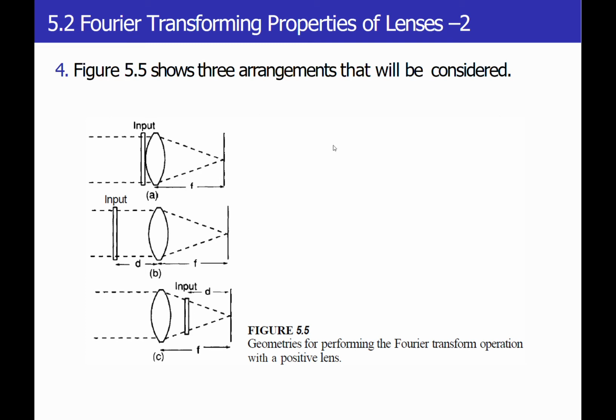Hello everyone. I'm going to talk about the next section of chapter 5. In the previous class we talked about three different cases where the lens is doing the Fourier transform. We studied one case where the input was placed before the lens and against the lens. And today we are going to talk about the case where the input is placed in front of the lens